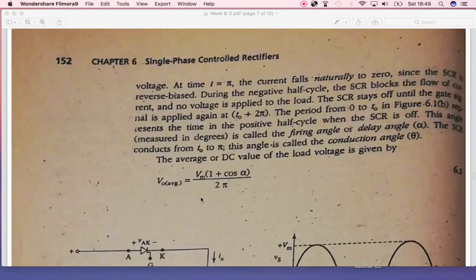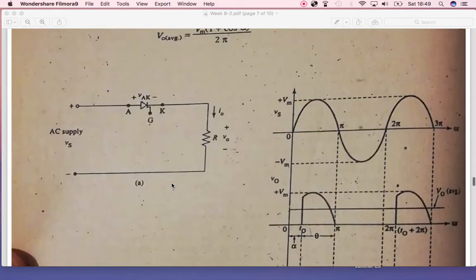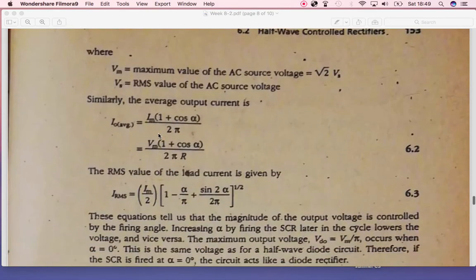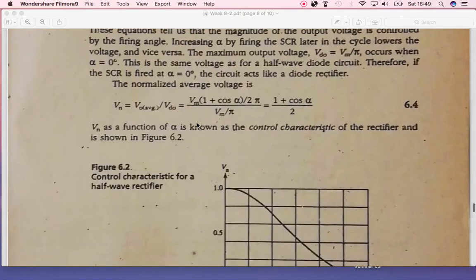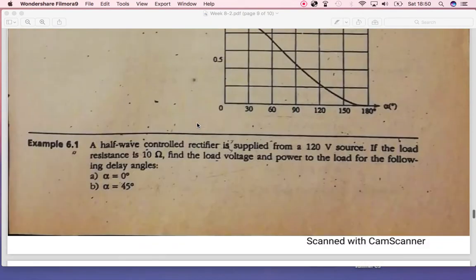So we can have some formulas. We can calculate the average voltage based on the peak voltage of the AC signal. We can put the value of the angle of the AC signal over here, and do the calculation at that instant of time to convert the AC signal into an average DC signal. And then we have some average current calculations, which take the peak value of the AC current and its angle at that instant of time, and we can calculate the average current by this formula.